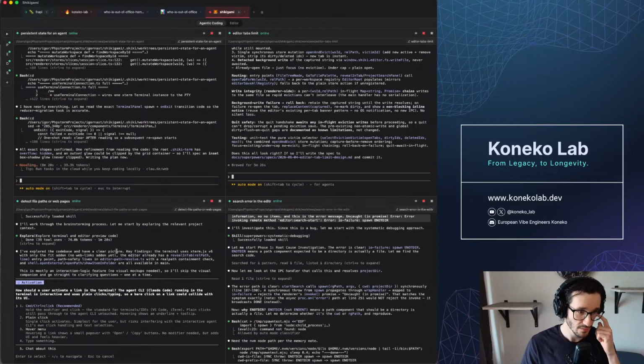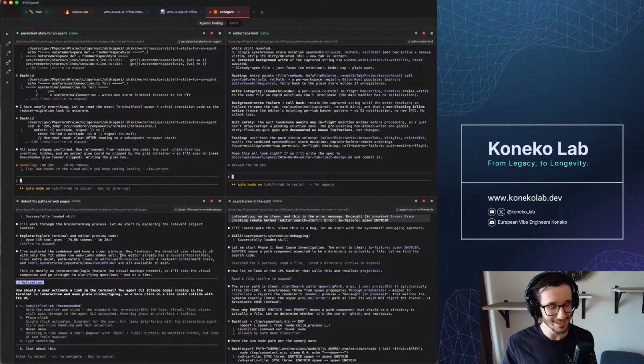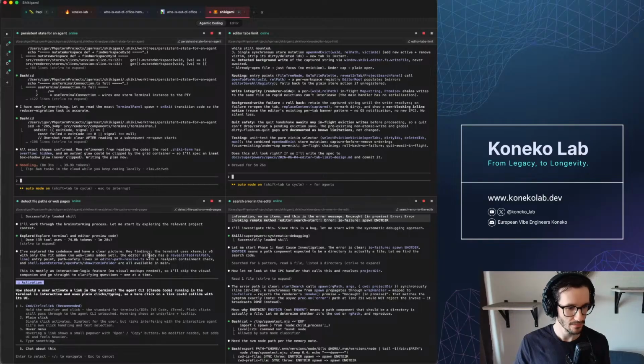But okay, we have a question from an agent that is working on detecting file paths. Okay, and the first answer is the right one.